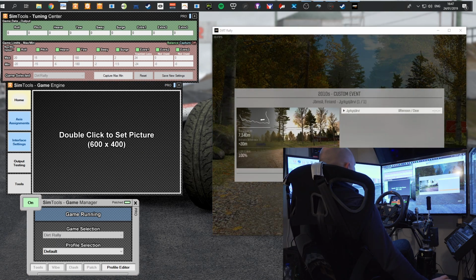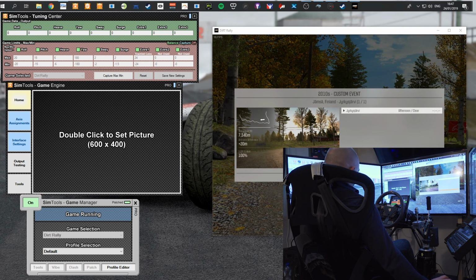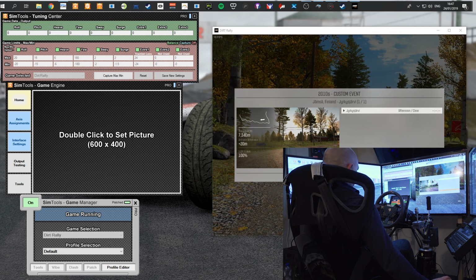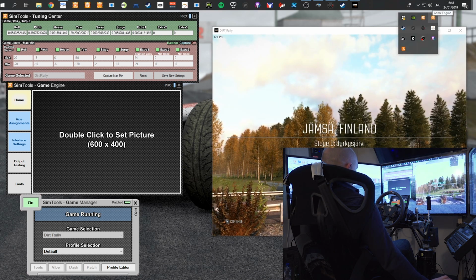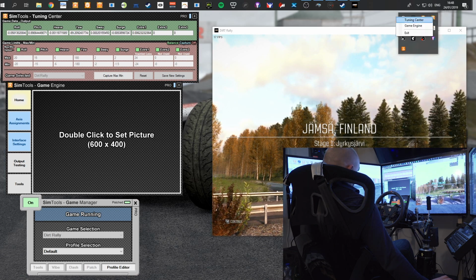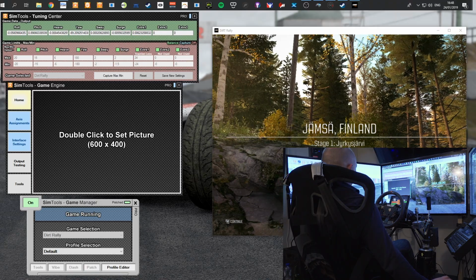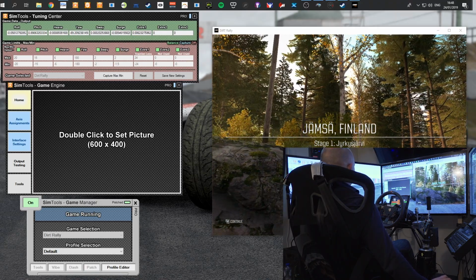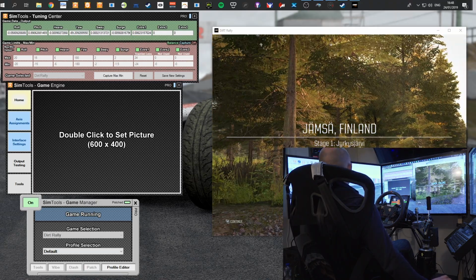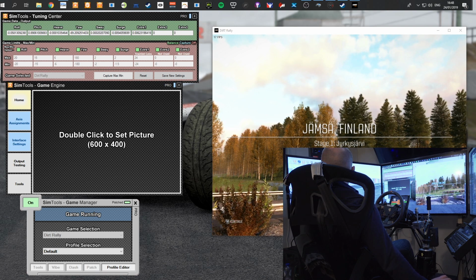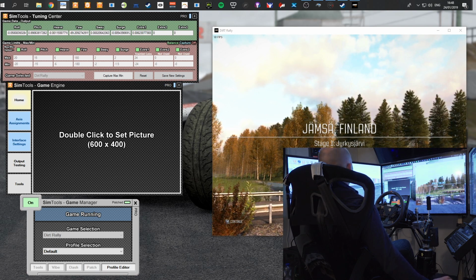So I've opened Game Manager, Game Engine and the Tuning Center. The Tuning Center you can open in the taskbar, and if you right click on the Game Engine icon you can see Tuning Center. Now before you open the game you need to patch the game. You can check if it's done right by, let me see,